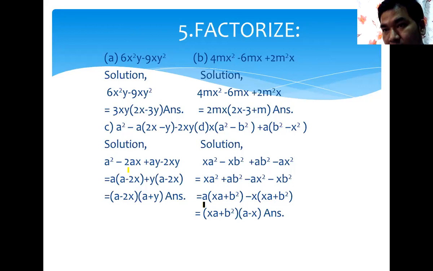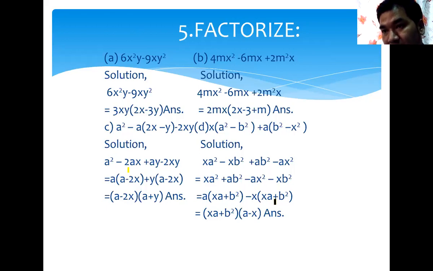In these two terms there is a common. If you take a common, then from a square there is one, that means x is left, plus there is a gone common, then b square is left. Here is minus common. If you take minus common, then here is left plus, because plus into minus is minus. This is a very important thing. If minus goes common, then plus is left. And in these two, x is common. If you take x common, what is left then? x is left, plus, and here b square is remaining.